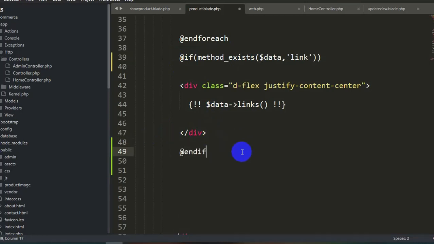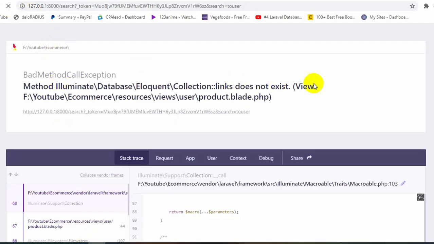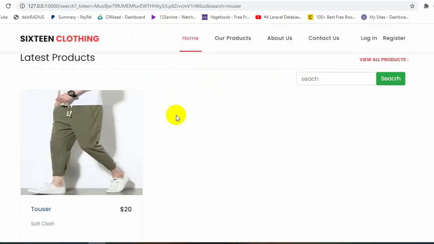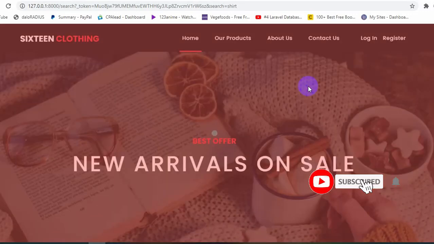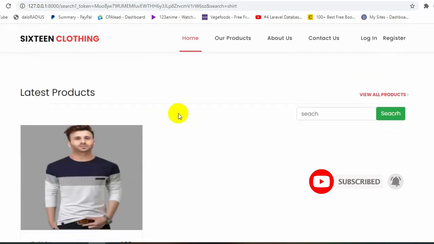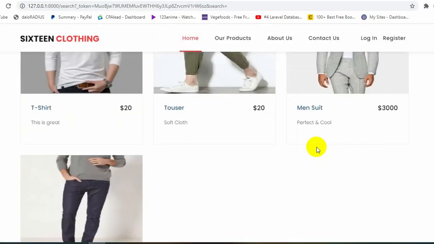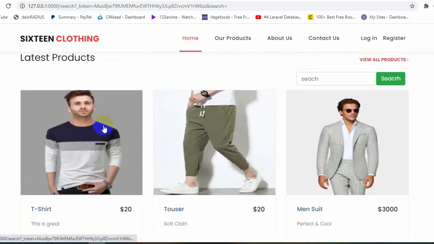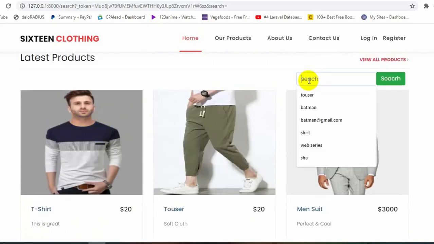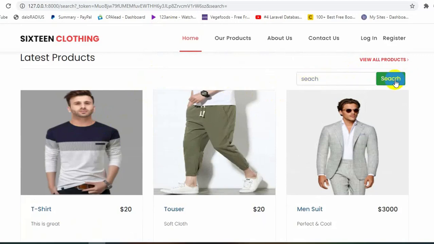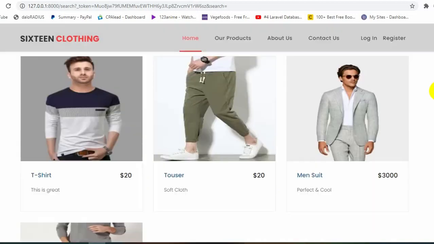So now let's save it, Ctrl S. Now let's refresh over here. So here you can see, if you go down here you can see only the trouser. So let's try to search by, let's say, shirt, and if you press enter you can see the shirt as well. Now we should do one more thing: if you click search, it shows us all the images over here, but this shouldn't be happening. If you have this empty, then it should only show the 3 images and the page number over here.